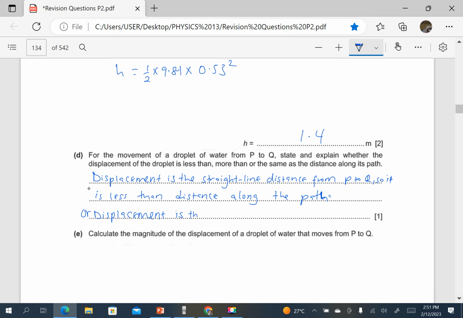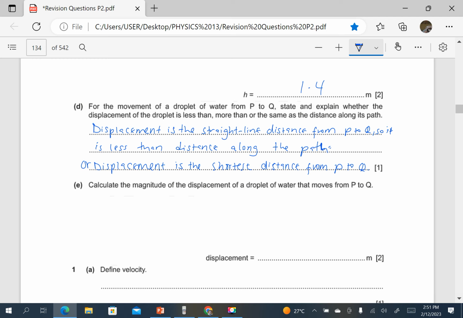Okay, calculate the magnitude of the displacement of the droplet of water that moves from P to Q. So for displacement, we have S in the X, we have S in the Y, so we just find the resultant